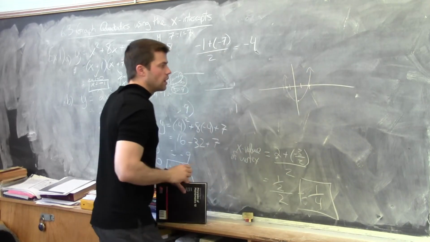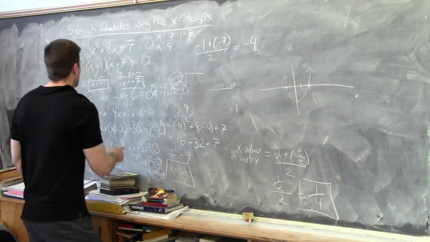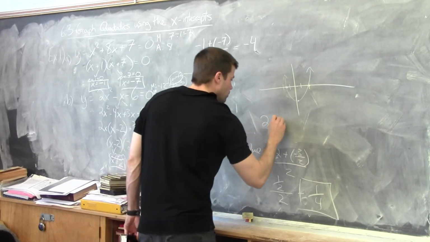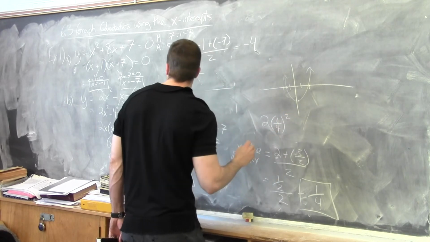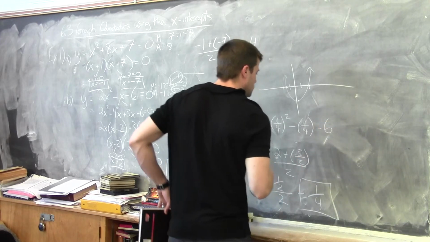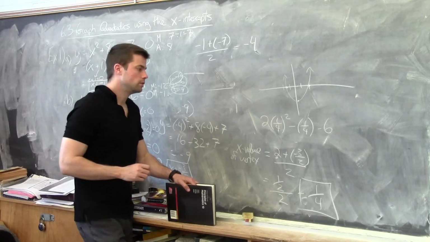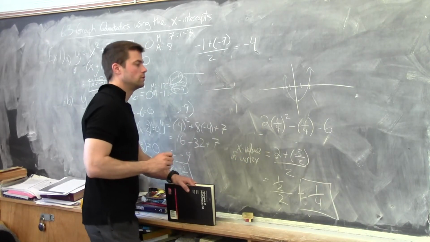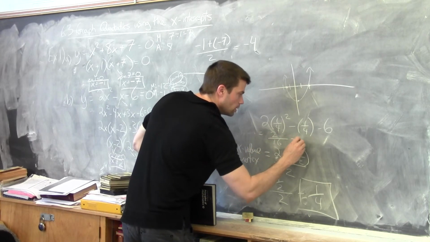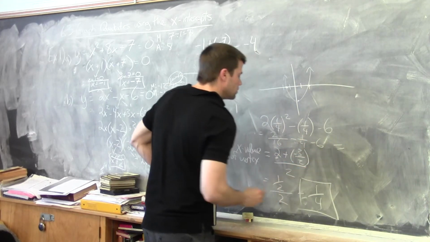So that's our vertex. Now to find the y value of the vertex, we take 1/4 and sub it into the original equation. So we're going to have 2 times 1/4 squared minus 1/4 minus 6. Any questions right now? All right, so we keep going. We're going to get 2 over 16 minus 1/4 minus 6, which is going to be equal to,